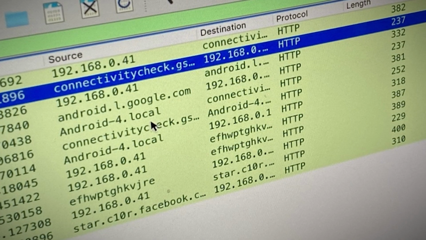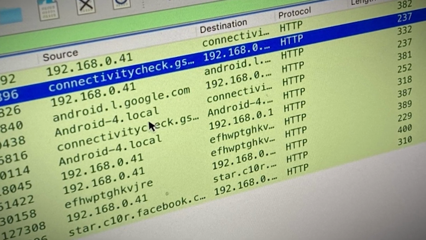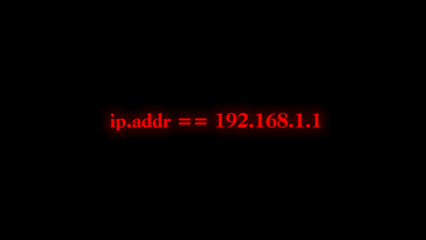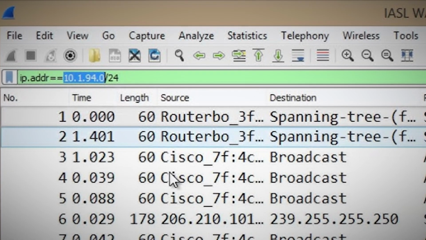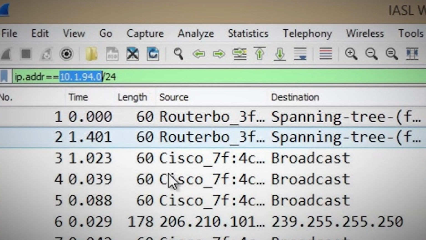Or maybe you're interested in traffic to and from a specific IP address. You could use a filter like ip.addr == 192.168.1.1 to see only packets involving that address. These filters allow you to zero in on exactly the traffic you're interested in, cutting through the noise and focusing